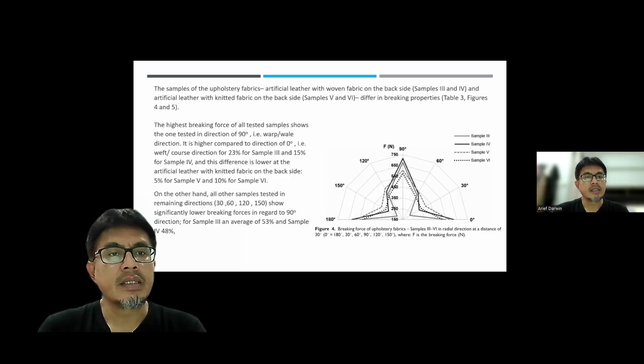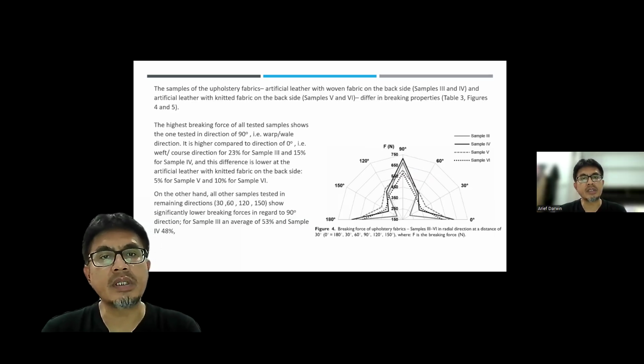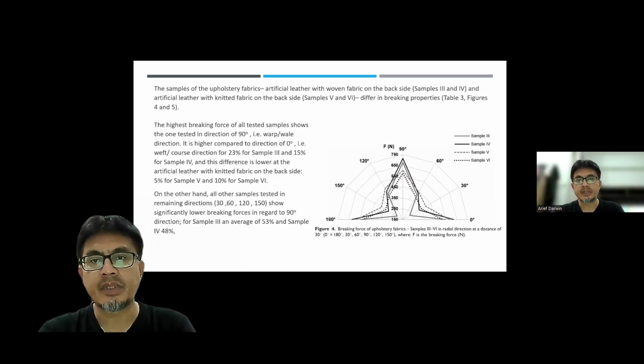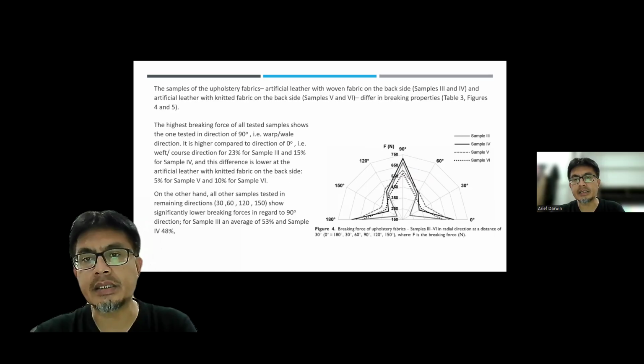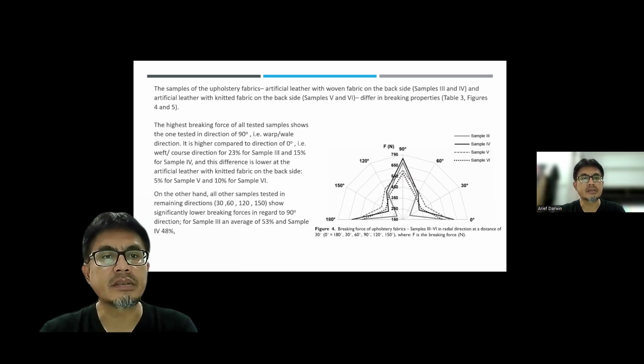The highest breaking force of all tested samples is shown by those tested in the direction of 90 degrees, which is the warp direction. As we can see, the highest numbers are in the 90 degree direction. Compared to the 0 degree, the 90 degree direction is still higher, by about 20%